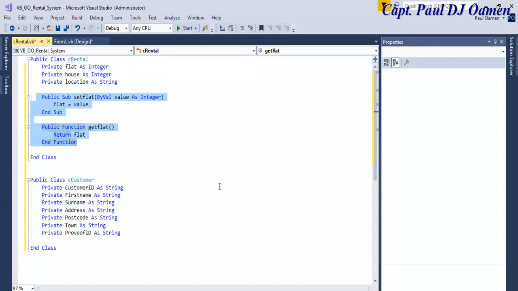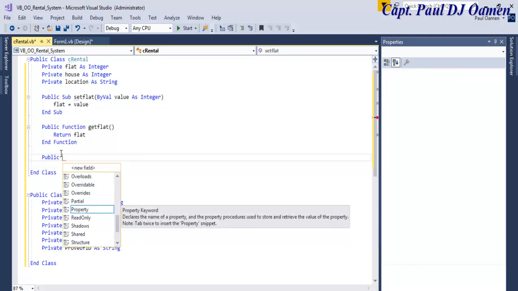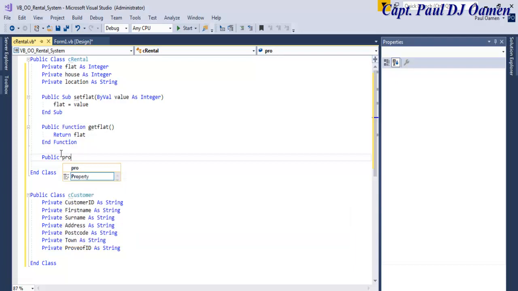Or there's another way out with the Visual Basic built-in function. I'm going to use this data member as well. The other method is I can always say public. So let's call the property public properties, and that property I'm going to call C flat,